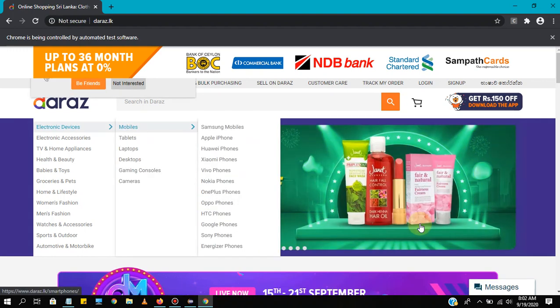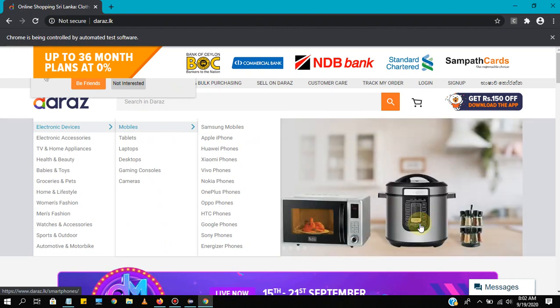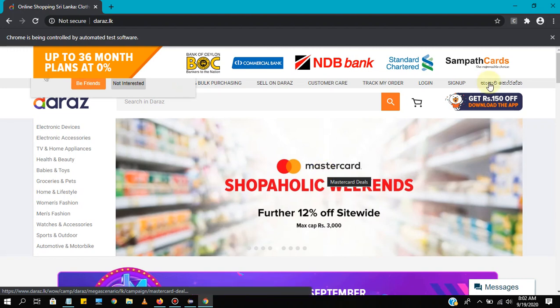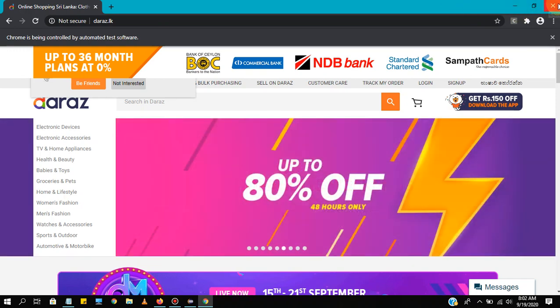Right now you can see mouse move to electronic devices. After that it waits for around 2 seconds and moves to mobiles, and Samsung, these options got displayed, right? So earlier what happened is it took some time to enable these web elements. So for that we need to add kind of timeouts in this.